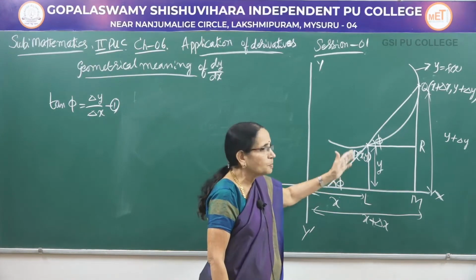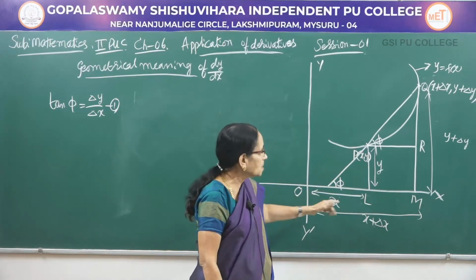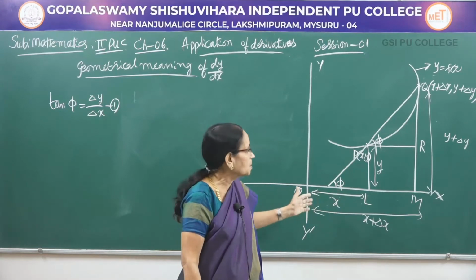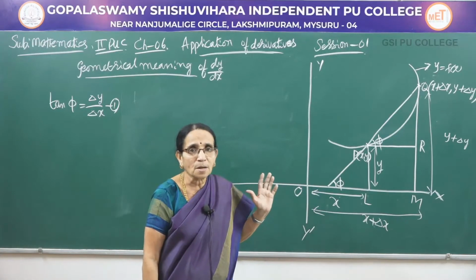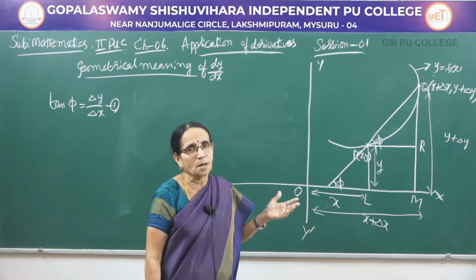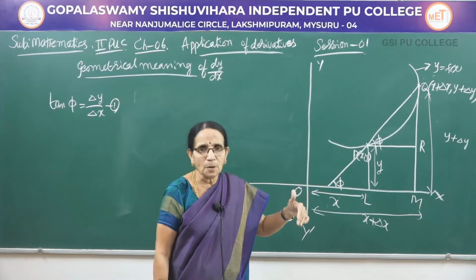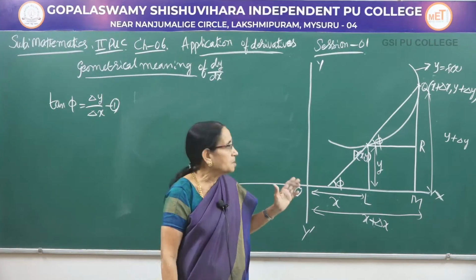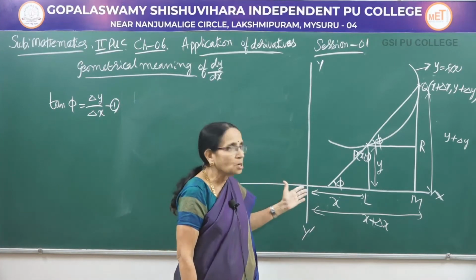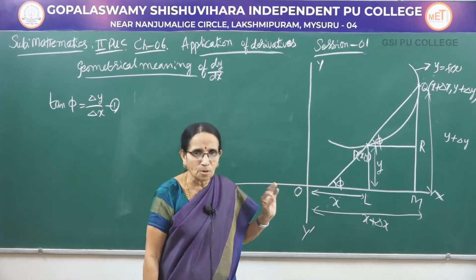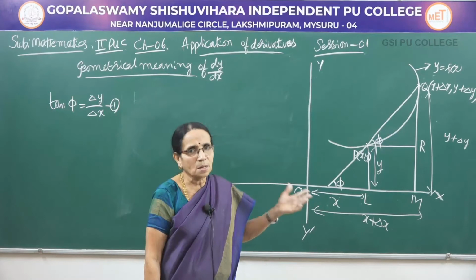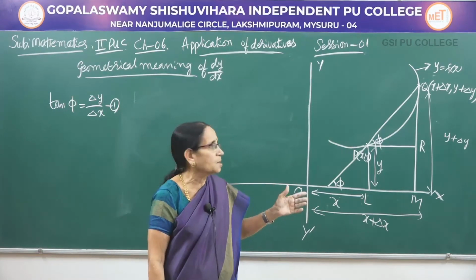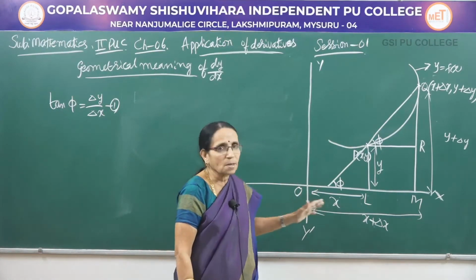Now, because of the perpendiculars drawn, I can mark these distances because they are nothing but the coordinates. This is the knowledge of analytical geometry which you have studied in your high school classes. From any point when you draw a perpendicular to the x-axis, the distance from the origin to the foot of the perpendicular is the x coordinate, and the length of the perpendicular is the y coordinate. It is the definition of x and y coordinates which I have used here to mark the distances.